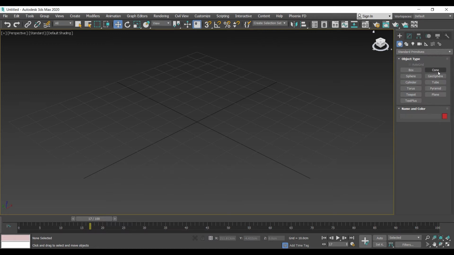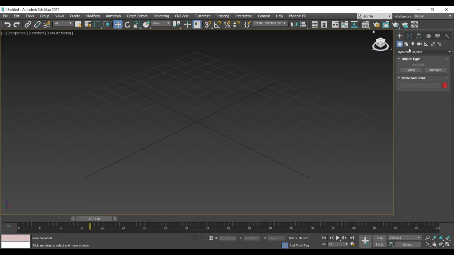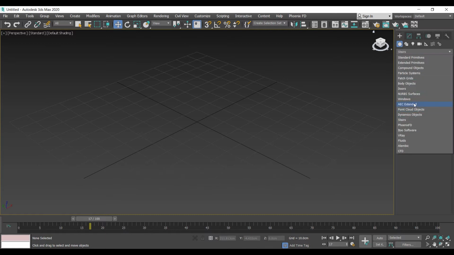We have the box, cone, sphere, cylinder, tube, and so on. We can go to extended primitives, for example, where we have different types of geometries. If we go to doors, we have different types of doors, windows, stairs, dynamic objects, AEC extended, foliage, wall, railings, and so on.